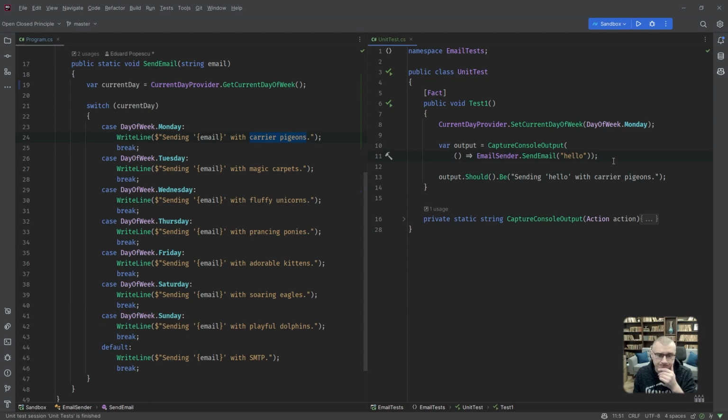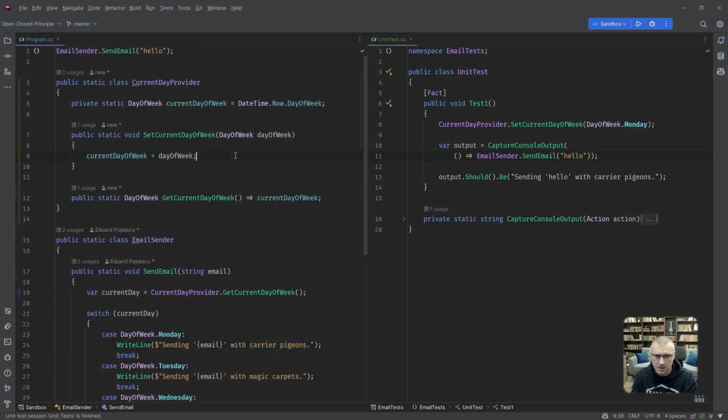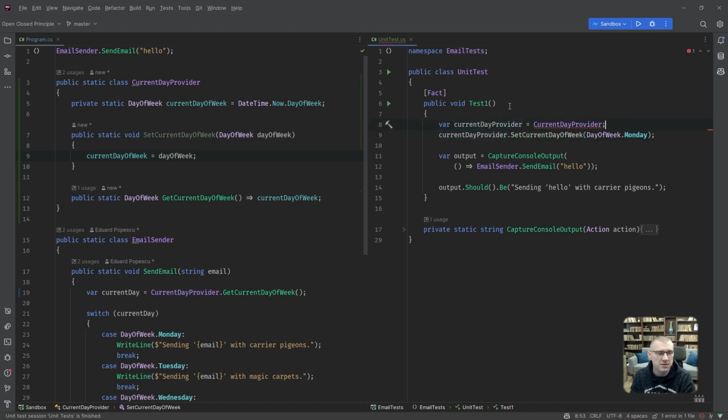Let's see. Okay, cool. So what can we do? Well, first of all, we would like to, okay, let's try and start with this one. Make it non-static. Introduce variable current day provider. Fine. We would like to be able to make a new instance out of it. Obviously, we cannot yet.